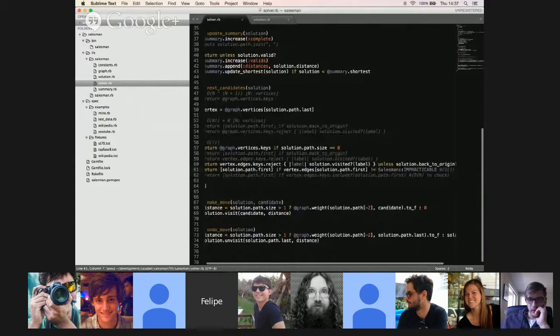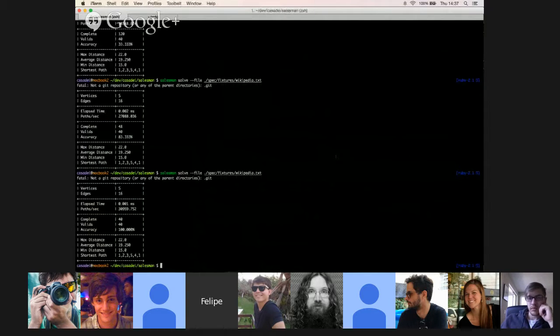Okay, so that's it. This change made a huge improvement compared to the previous one. It's not a factorial time anymore for a graph with 5 vertices. We had 40 complete paths. All of them are valid. And their running time is